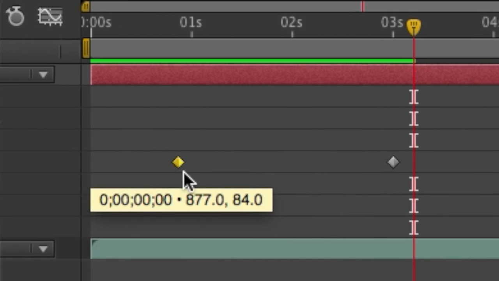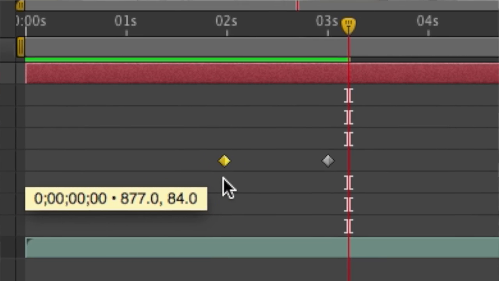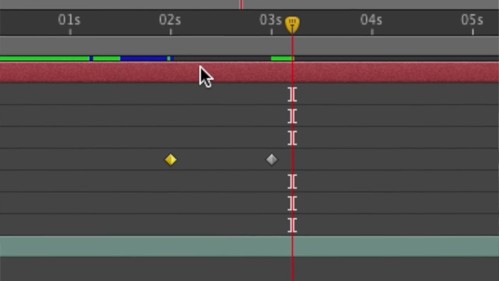Hi, I'm Matthew Pizzi. We're going to talk about how you can enable and work with keyframes inside of After Effects. Keyframes are really important because they give you the ability to modify and animate different properties of objects inside